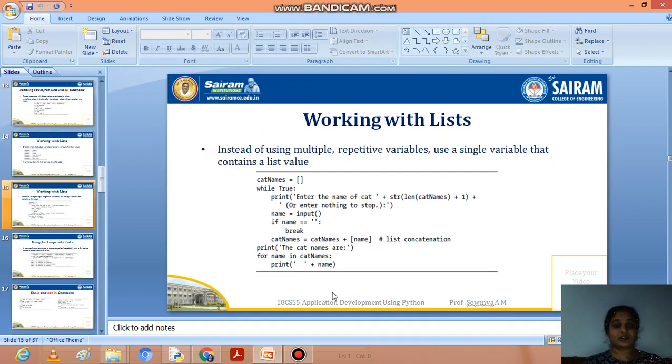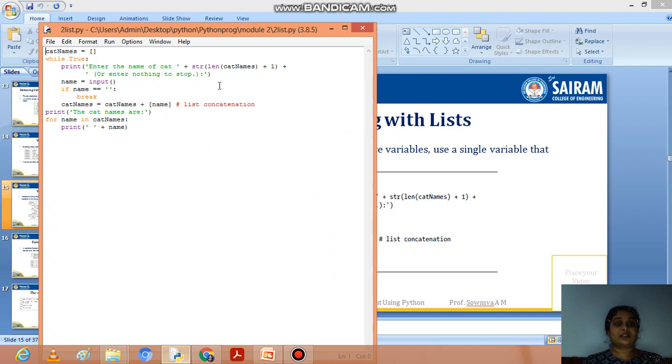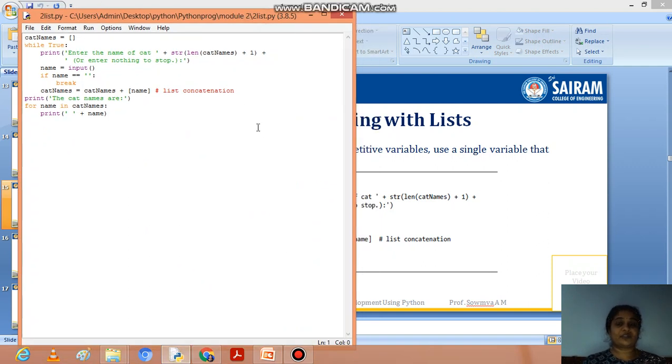So we'll execute this program. We have a program that explains lists. While True: cat names is an empty list right now, and in the loop we print: Enter the name of cat, which is cat name at 1, or enter nothing to stop.